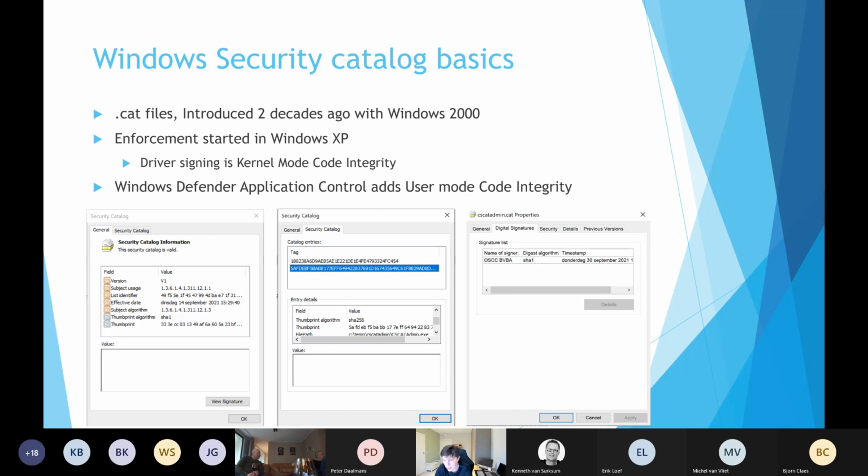Everybody has already seen these 3 screenshots of a security catalog on their Windows systems. Security catalogs or .cat files have been around for 2 decades and more. They've been used to make drivers trusted. And now they can actually be used to make